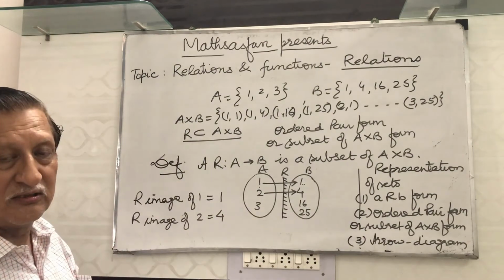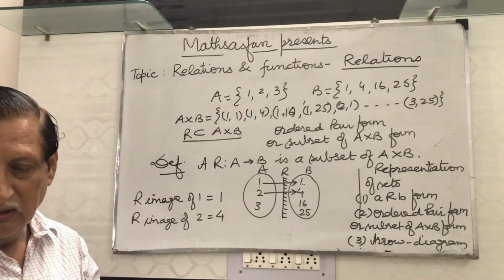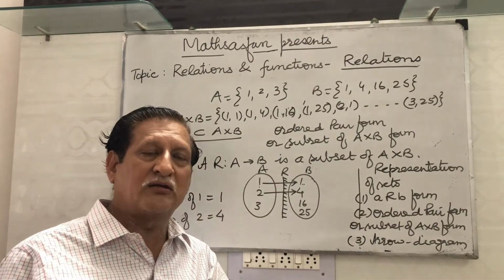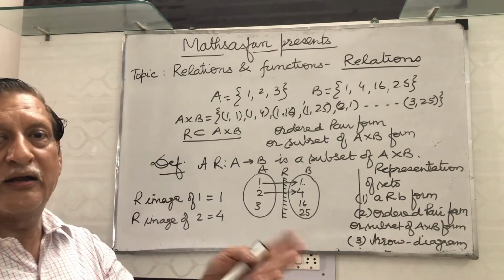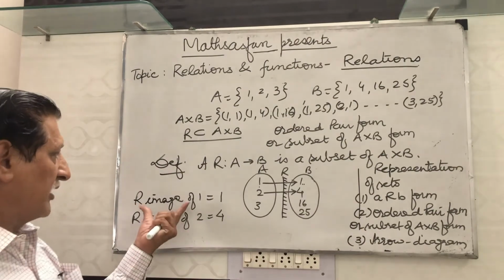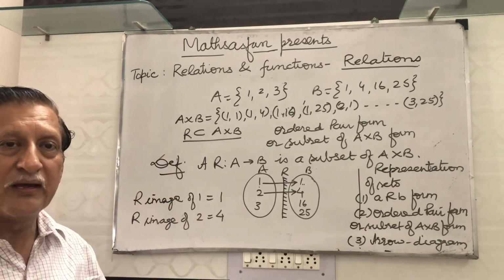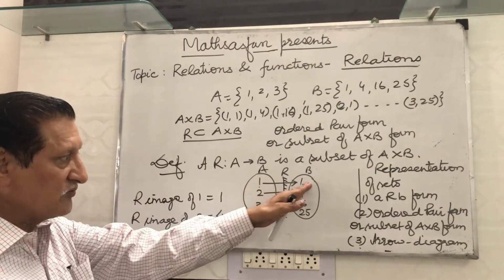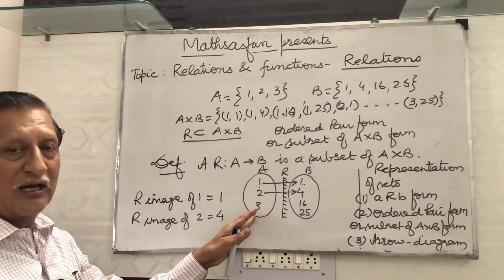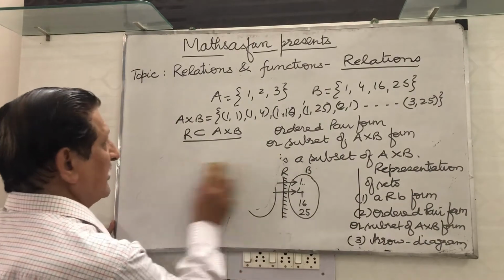They are also known as the images of the elements, but they are R images because, suppose we have more than one relation, we can represent them as R1, R2, R3 and so on, or R and S and so on. Whatever the name of the relation, according to that we write R image or S image or R1 image or R2 image. These elements of B which are connected to elements of set A are known as its images. Now let's go to the next part.